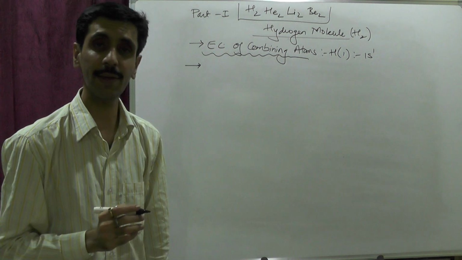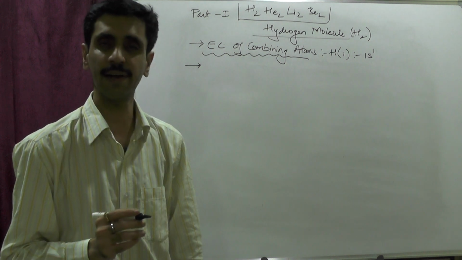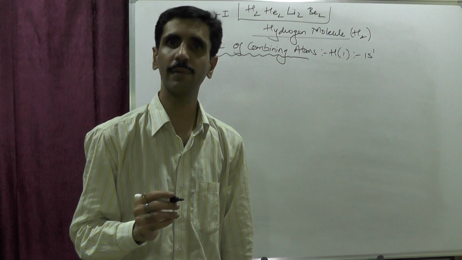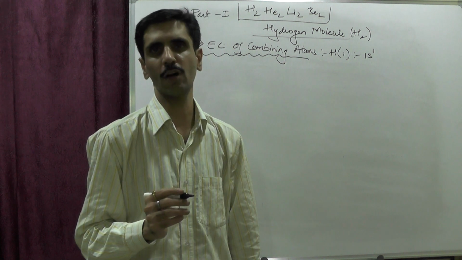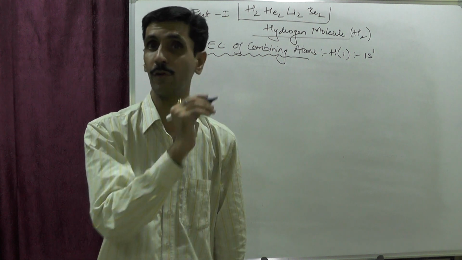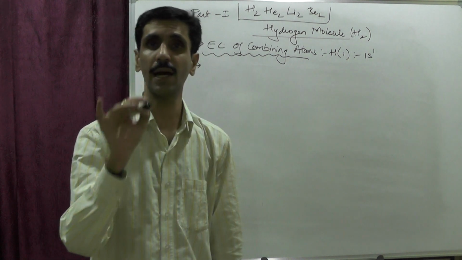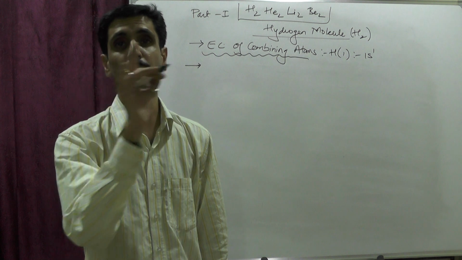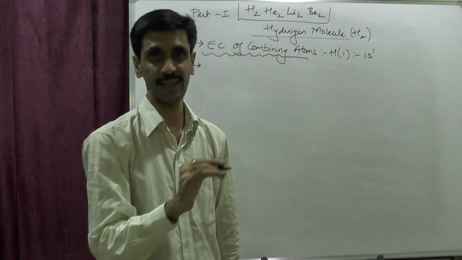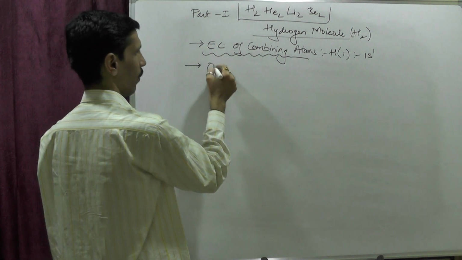Next, point number 2, and that is we are going to discuss the overlapping of atomic orbitals, because you know very well in my previous video I have already explained how the molecular orbitals are formed. Yes, it is by means of overlapping of atomic orbitals, okay. In the molecular orbital theory part 1 video I have already explained that, and in this video's description you will also find the link to molecular orbital theory part 1. So if you have missed it, please watch it once. So here we are going to talk about overlapping